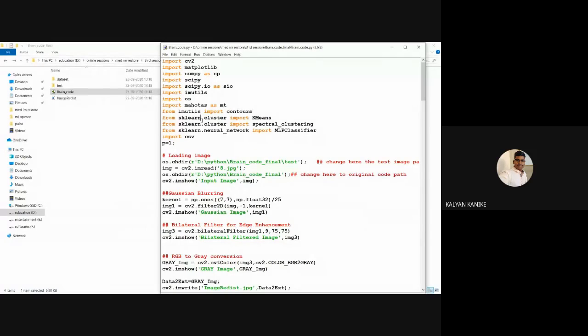And next IMutils. IMutils package means it's about image utilities package. We can say the full form is image utilities. So simply, for example, if you want to resize and the conversion, by using CV2 we have done. By using this IMutils also we are able to do it.